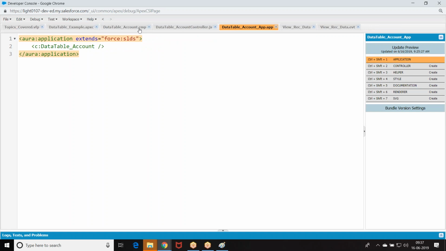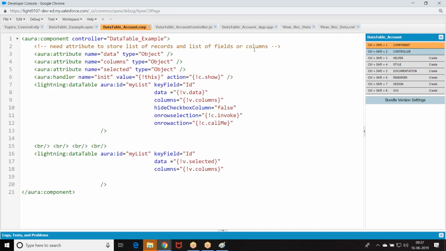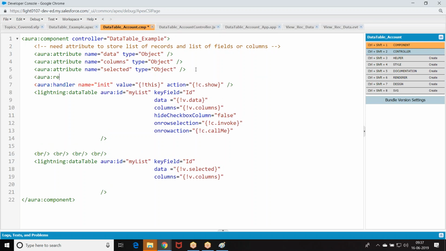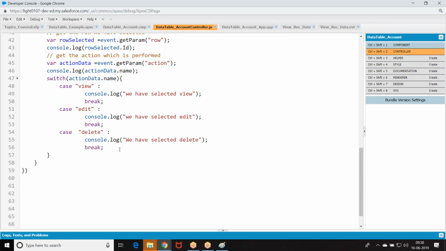Then what was I supposed to do? Register an event. How do you register an event? You only need to register the event. When you register the event, go to this. Whenever the row selection happens,